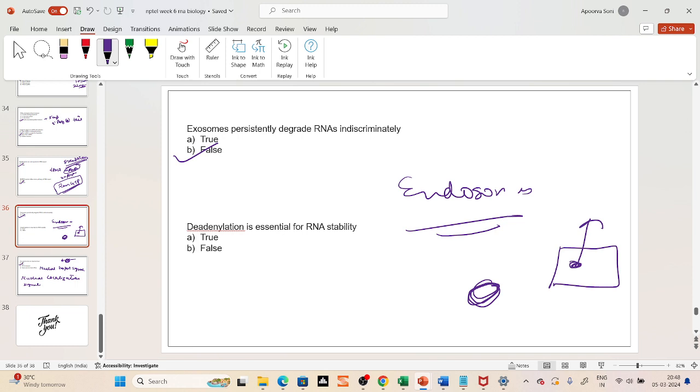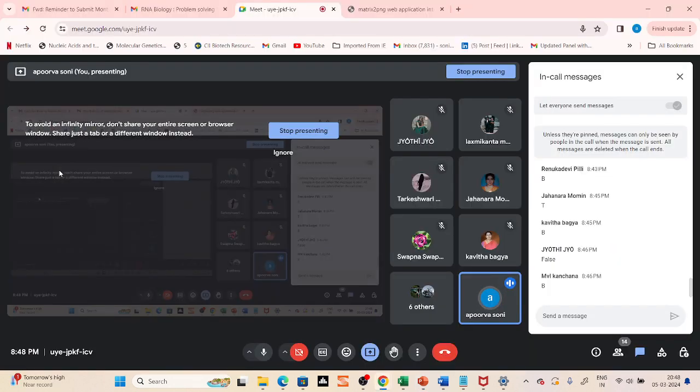They are also used for transportation, delivery of certain kinds of lipids or proteins. In fact, a lot of research is now going on exosomes, on how exosomes function. A lot of research has shown that microRNAs deliver their function with the help of exosomes. MicroRNAs are present inside the exosomes, and these exosomes are actually secretory vesicles. So these exosomes are secreted, and within the exosomes microRNAs are there, and the microRNA then performs